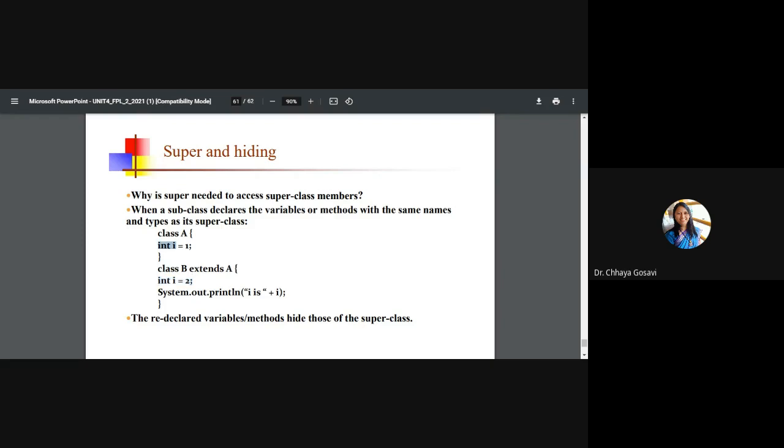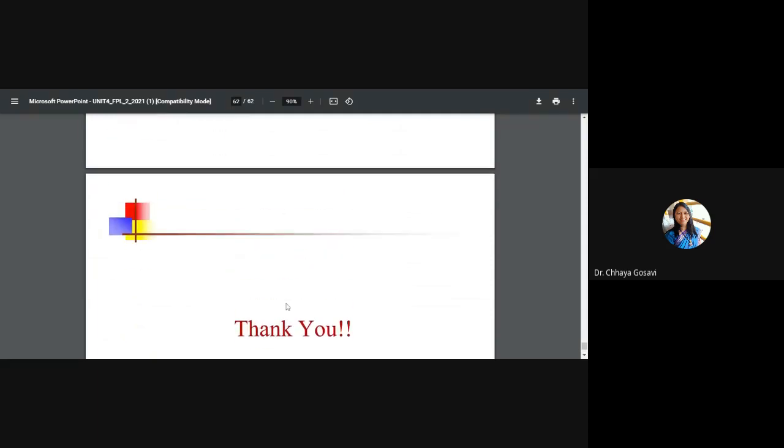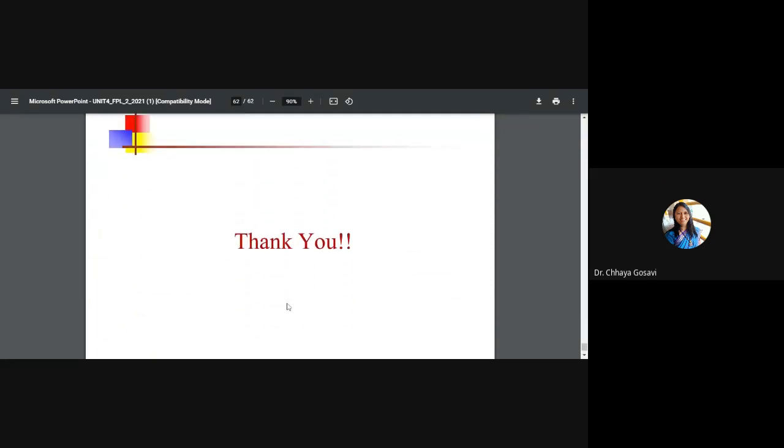And what about this i? It is hidden by this. If you want to display this value also, then you need to display it with super.i. So the redeclared variables and methods hide those in the superclass. Is it clear? That is the use of the super keyword.